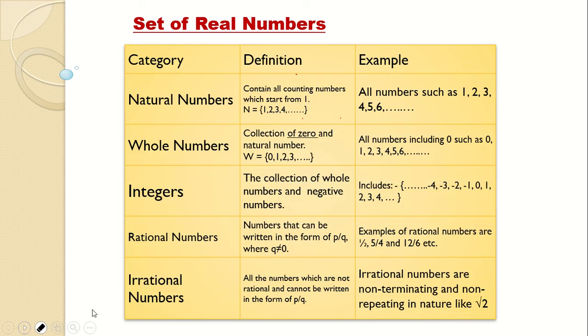Now there is a bigger set, of course, than the real numbers, which would include imaginary numbers. But up to 10th standard, you don't have to learn about imaginary numbers. Probably when you go to college, you will learn about it. So this was just a quick revision of natural numbers. Then integers will include negative, 0 and positive. Then rational numbers will include fractions too. Then irrational numbers, I have given you the examples.